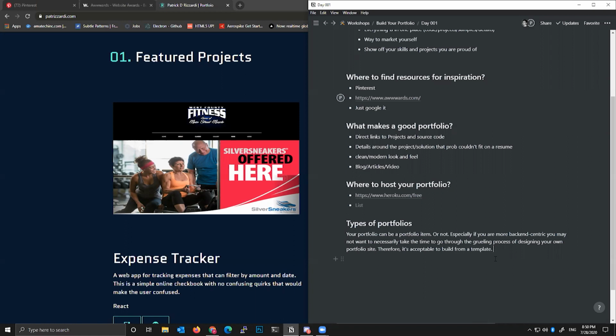If it's clean and nice and I can see your projects, then I can clearly see that you're back end focused. That experience and that cleanliness in the portfolio, I think, outweighs you trying to throw something together that looks like garbage because that's not your specialty. So